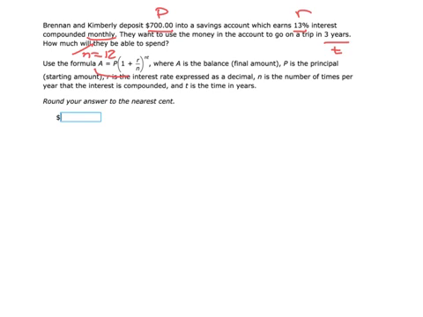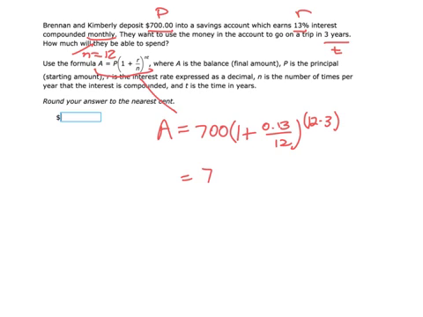So let's look at this formula right here. Let's just recreate that. So A, the final amount of our investment, is $700 times 1 plus 0.13 over 12, to the, in parentheses, 12 times 3. And again, we know that's 36, but just in case you don't, some people like to be very methodical about using the parentheses. So when I run this number, $700 times parentheses 1 plus 0.13 divided by 12, all raised to